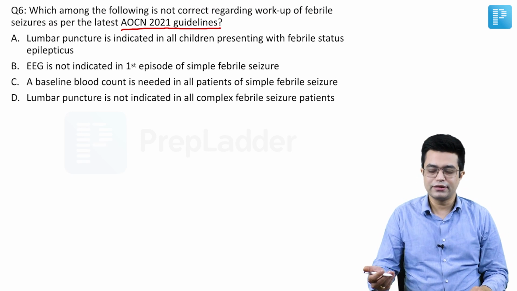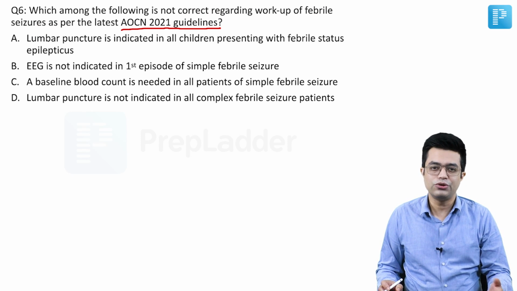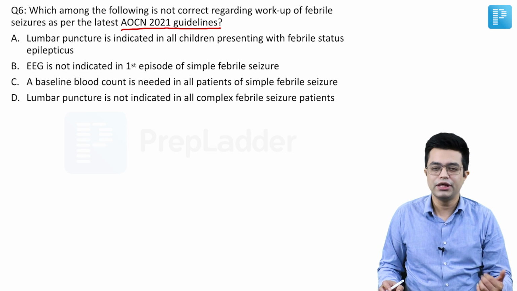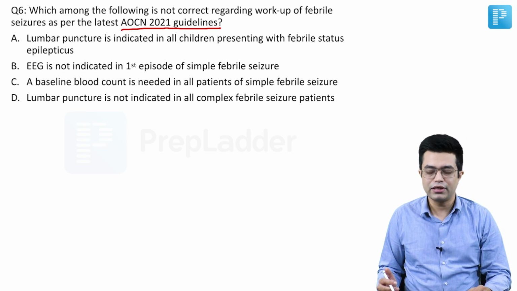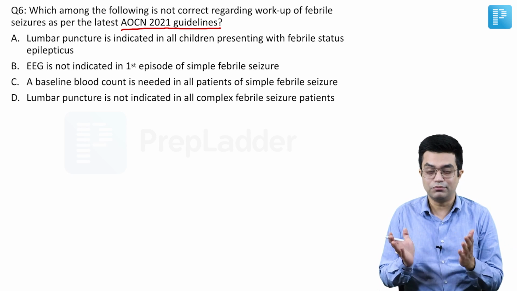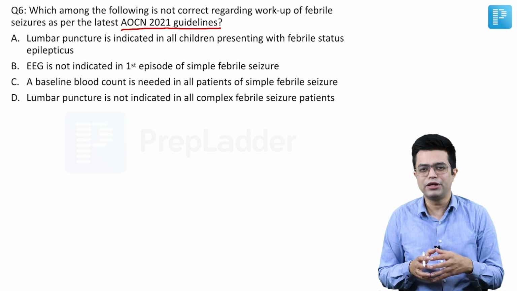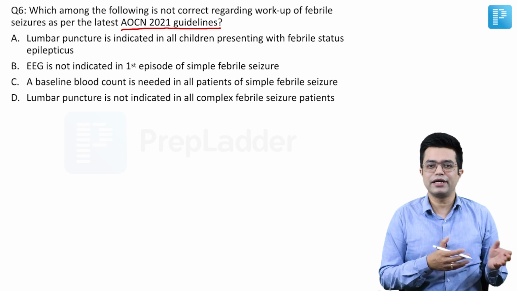So in last year, December 2021, there was a consensus statement or guidelines issued from the Association of Child Neurology, and these guidelines pertain to febrile seizure in children: the definition, workup and management. It has been slightly modified compared to the older guidelines, and there are subtle changes compared to the Western guidelines which are mentioned